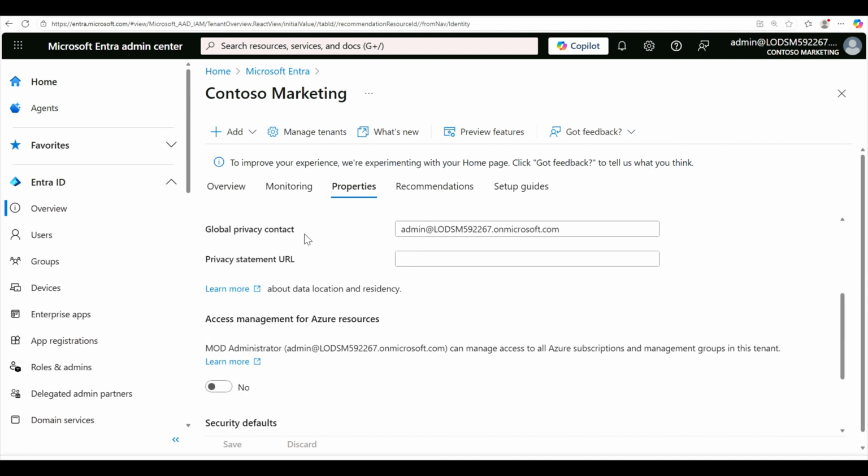For the privacy contact we are going to use LNT. So we give that account and the privacy statement URL. We have got a URL defined,